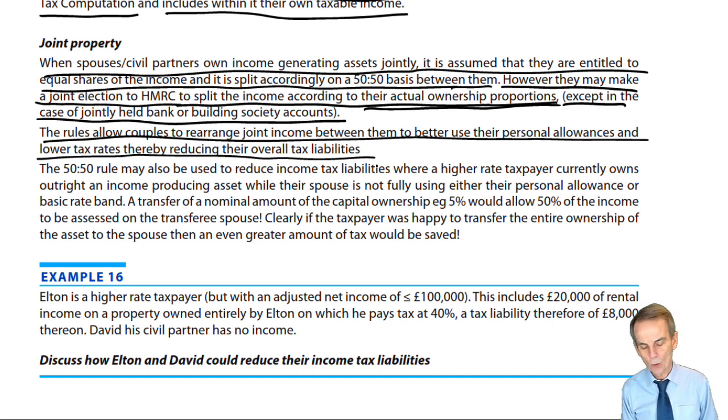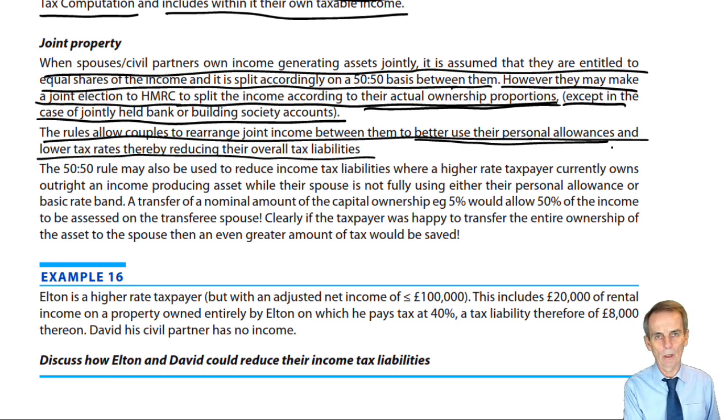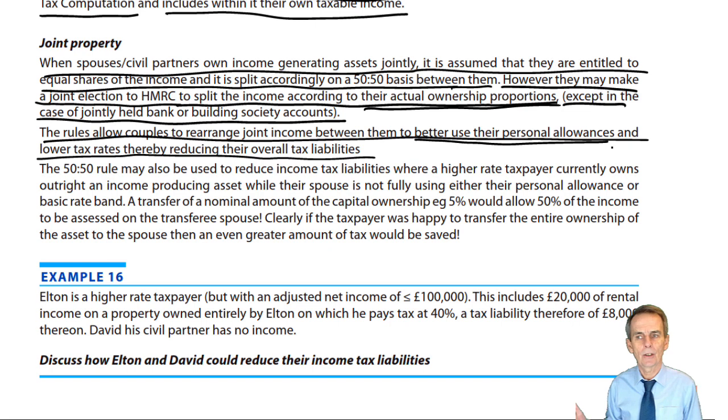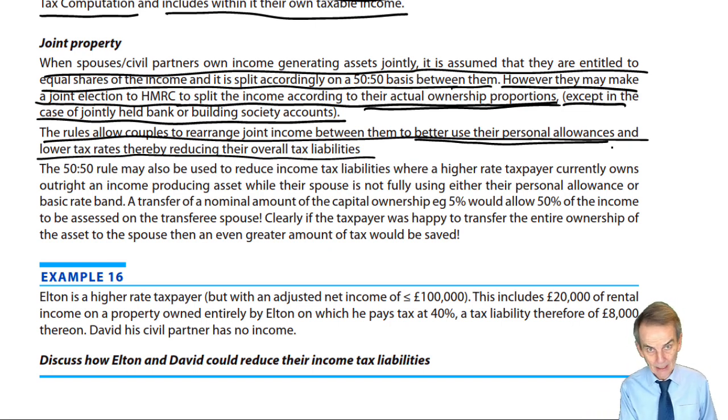Now, again, as we've said, we're only going to make such an election if it is of benefit to the taxpayers. And we mention a couple of issues here. To get better use of their personal allowances. If we've got one of the two spouses who is not using all of their personal allowance, then that is a level of tax-free income that is being wasted. So if we've got the other spouse who's paying basic rate tax on their joint income, or even, in a greater sense here, higher rate tax, then wouldn't it be a good idea